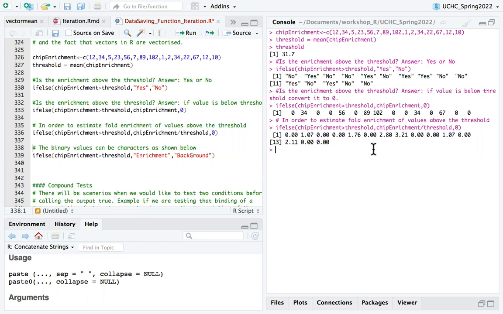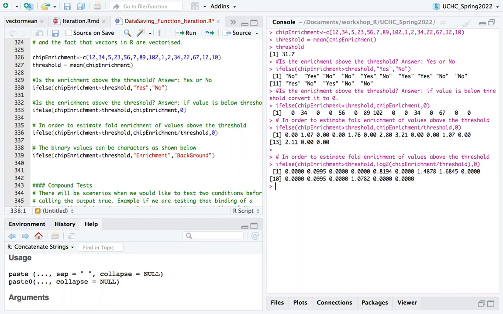We can make it even a little bit more complex. So let's say we want to do log2 fold change of this one. We want to see how much the values are enriched on the log2 scale. So we just simply say log2, and the threshold and enrichment scales will now, rather than a ratio, be printed out on a log2 scale. So this is 0.0, and 1.07 on log2 scale is, I think, 0.095. And